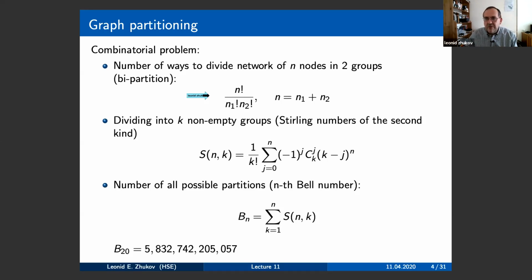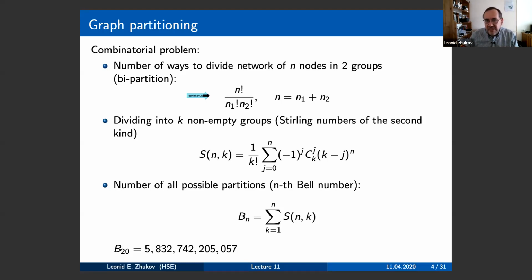Well, there's n factorial ways to order n objects if there are distinct objects. Then when you split them into two groups, you can permute objects within one group or permute objects within another group. It doesn't really matter because they still stay within the group. There are n1 factorial ways to reorder objects within one group and n2 factorial to reorder within the other. And so the total number of ways you can partition n nodes into two groups